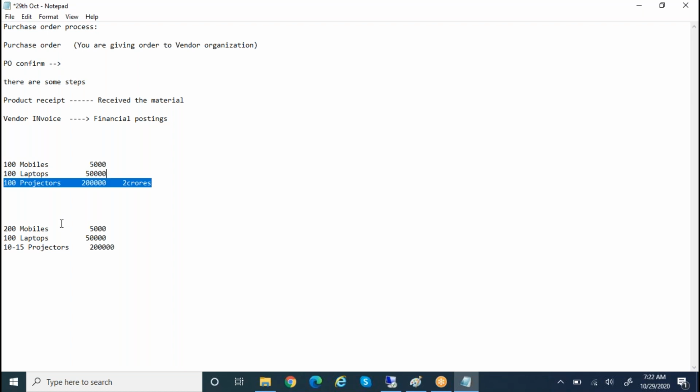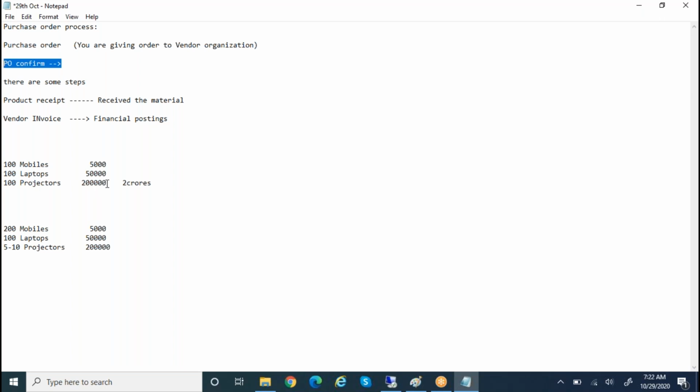The projectors may be 5 to 10, maybe 5 is enough, or 10. So this is thinking that only someone like the purchasing manager will do properly, a purchasing head, maybe a purchasing director or purchase manager, who will take the decision. That is the reason confirmation is mandatory in the purchase order process. Confirmation will be done by important, key role persons only. Until and unless you have done confirmation, you cannot do product receipt in the system. So confirmation is most important.